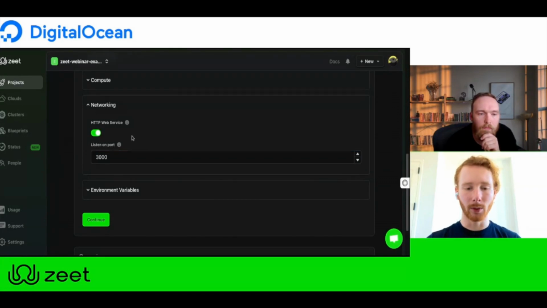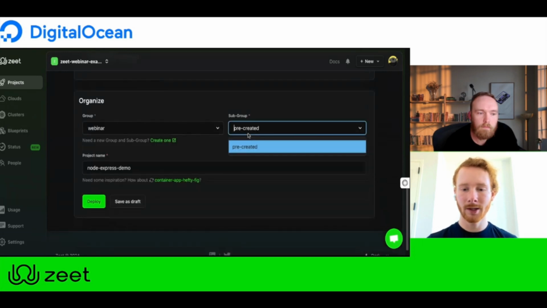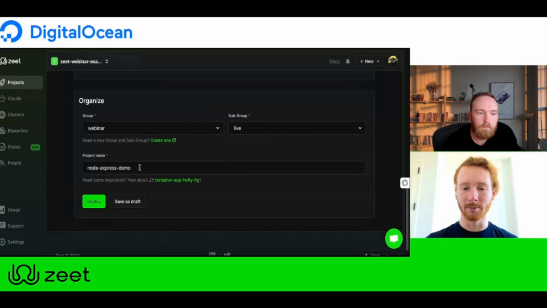And so we're going to leave this as is. Since we have this set, Zeet is going to provision a full load balancer, SSL cert, put it on a zeet.app domain. So we'll be able to access this live with SSL cert and a production-ready networking stack on the get-go. Today, we've created a webinar group, and we're going to create a new group for the live demo and put it in there. We'll keep it called Node Express Demo, nice and simple, easy to remember,